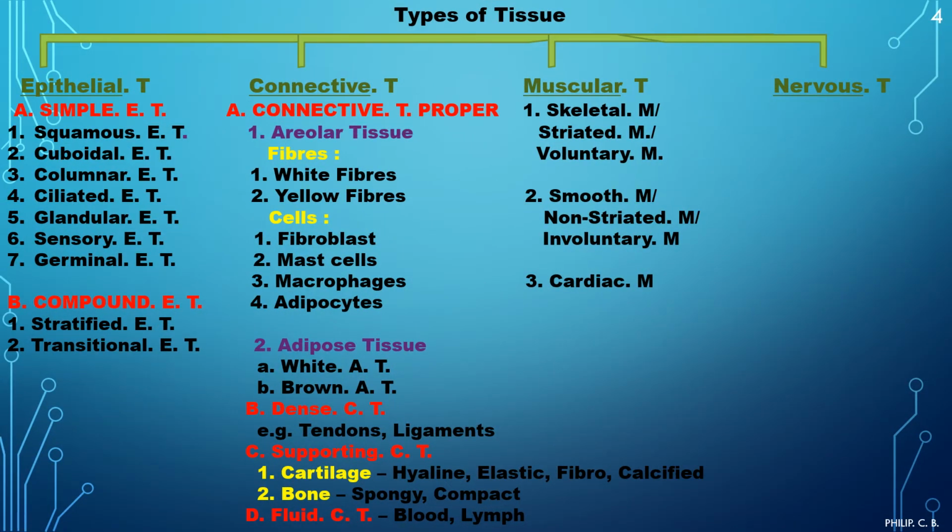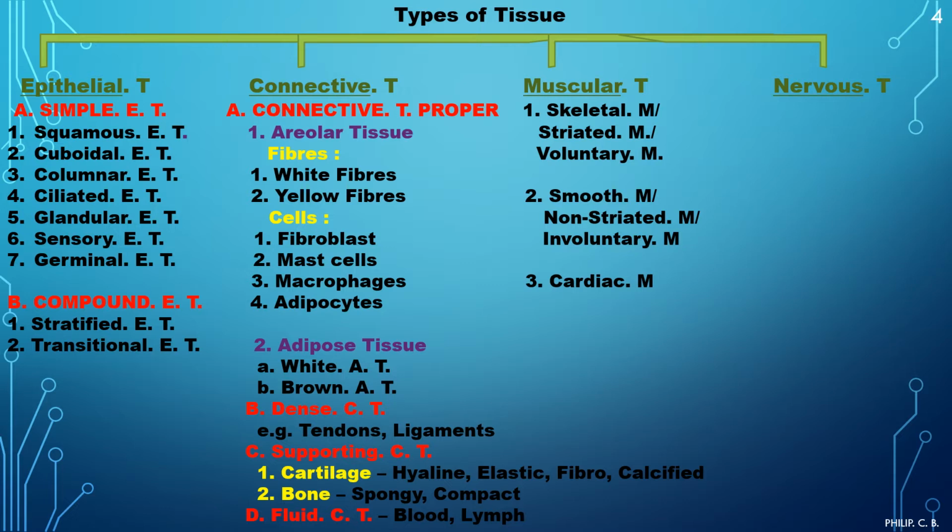Further, now the types of tissues, as we have seen this particular slide in the previous part as well, which helps us to learn the entire chapter in a short while. So as I told, this particular slide is very important since you can come to know about the entire chapter, learn at a glance, and also revise the previous as well as the next part. So in short, if you go through the entire part, the types of tissue consist of four types: epithelial tissue, connective tissue, muscular tissue and the nervous tissue.